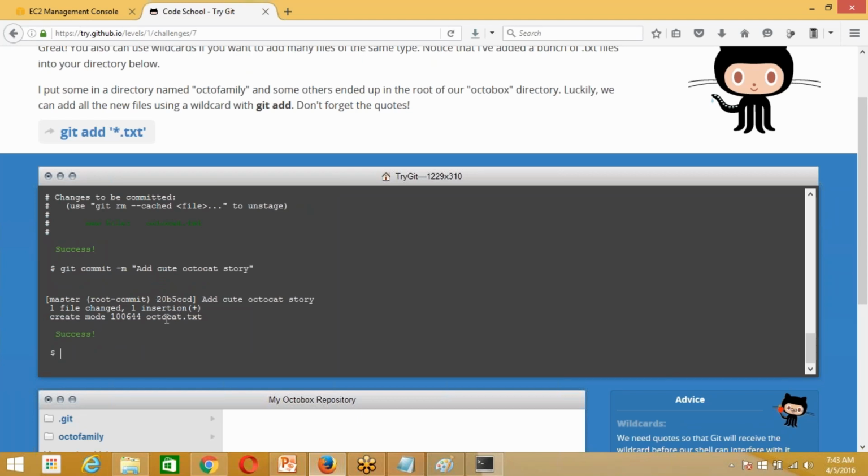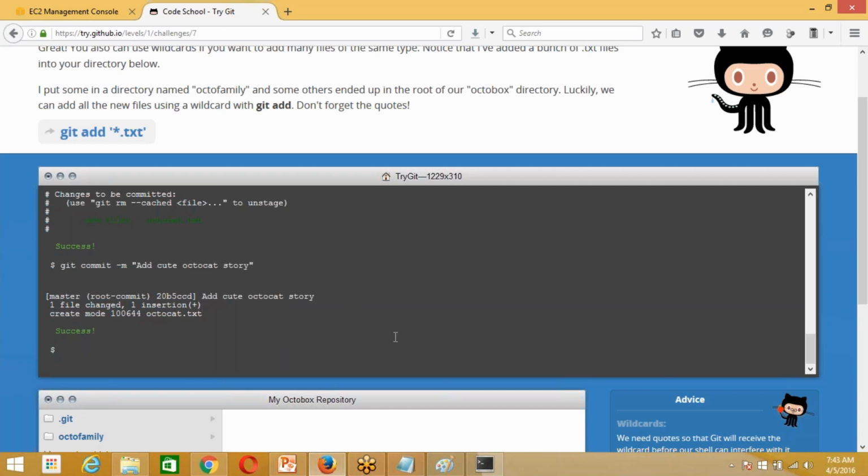Now you get the message. The master file we added has now gone to your Git repository. One file changed, one file insertion has been done.